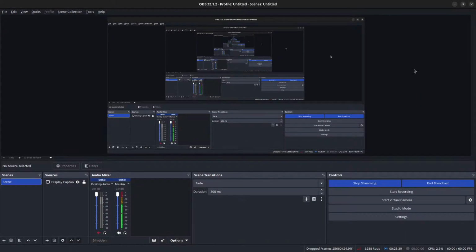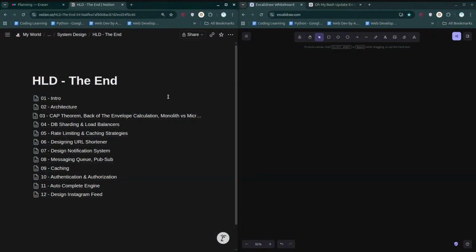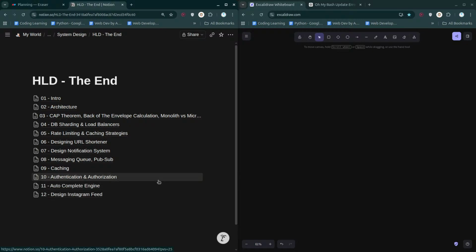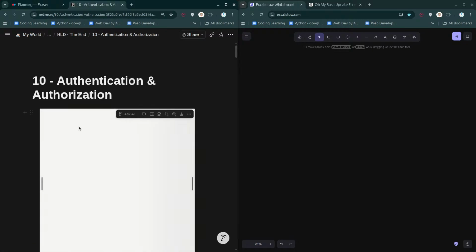It's already been half an hour, right? And I do not have good internet connectivity. Let's go through this last thing. I'm going to go through authentication and authorization right here, and these two things are going to be discussed in the evening. Okay. So without any further delay, let's simply get going and get it done.